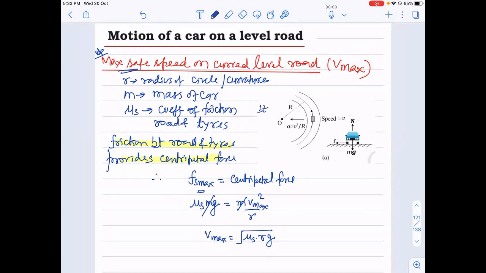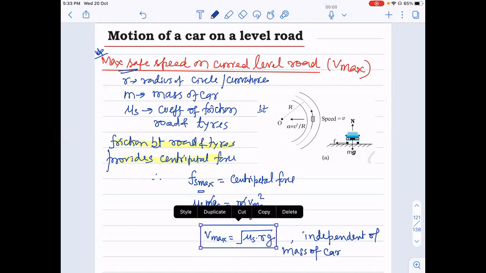Clear? It is independent of the mass of the car, the mass cancels out. Whether it is a big car or a small car, mass is not going to affect the maximum safe speed. Only these three factors. Among these, g is constant, g is going to remain the same, but radius of curvature